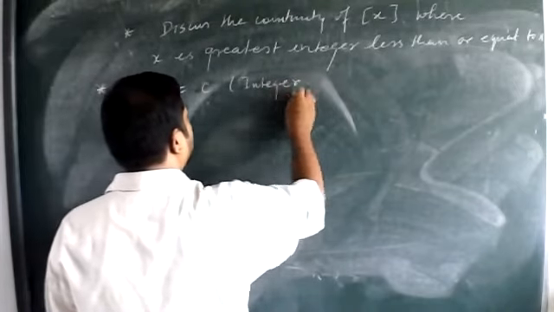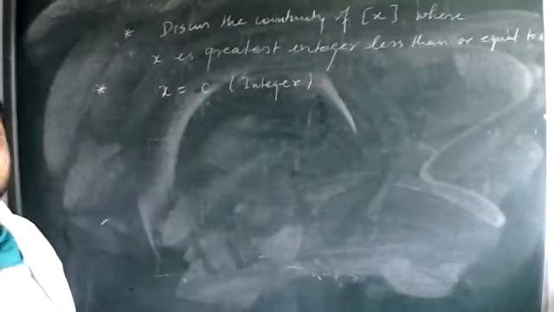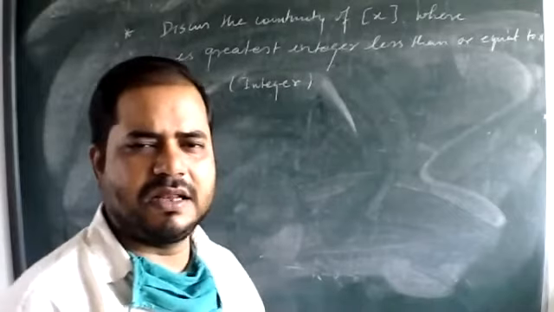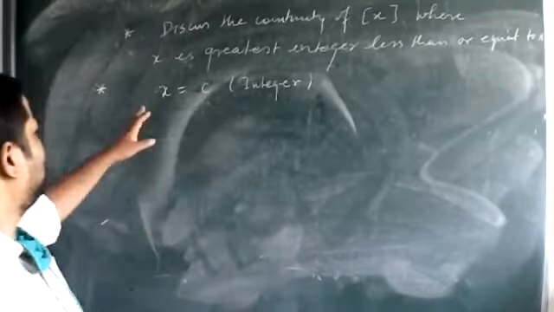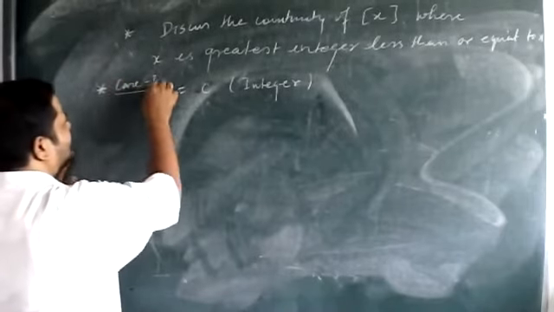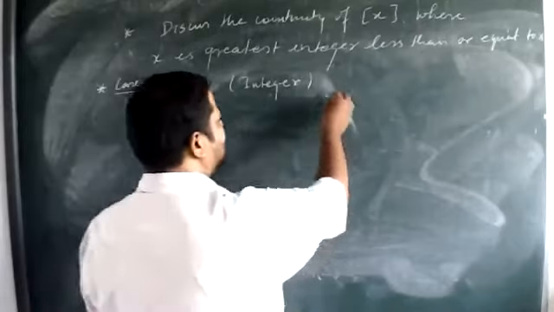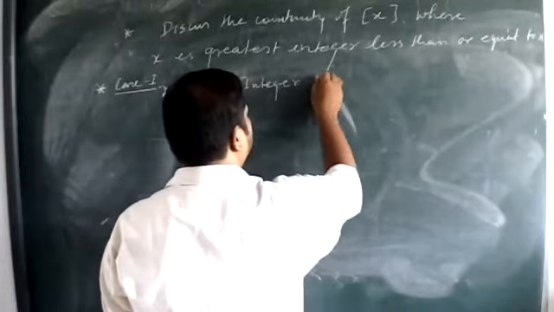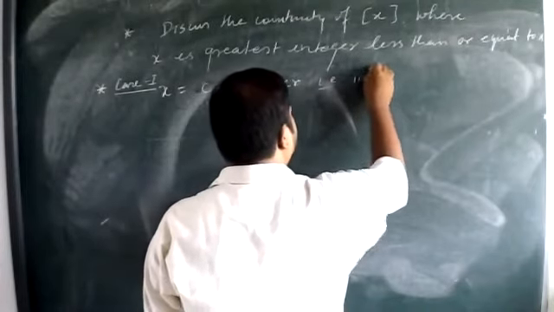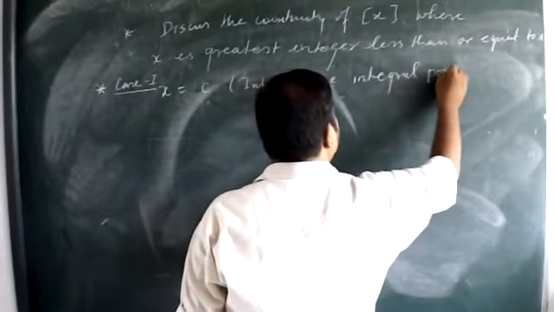First case, we can see c is an integer. हमने क्या किया, एक फंक्शन को डिस्कस करना है, ब्रैकेट फंक्शन की कंटिन्यूटी, और यहाँ पे केस फर्स्ट ले रहे हैं, केस फर्स्ट x is equal to c इंटीजर, c को क्या लिया इंटीजर, और इसको बोलेंगे क्या, दैट इज c is an integral point, integral point,